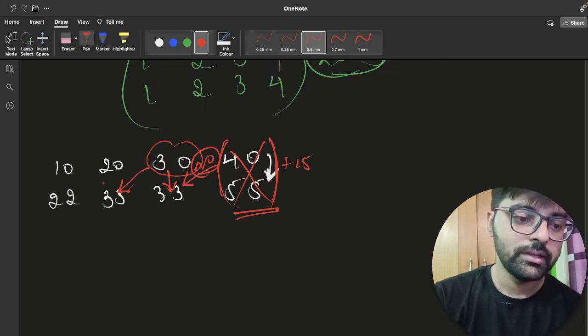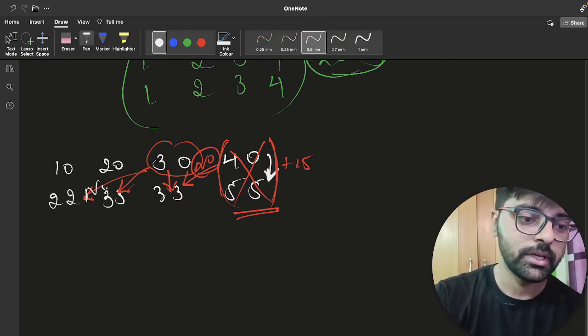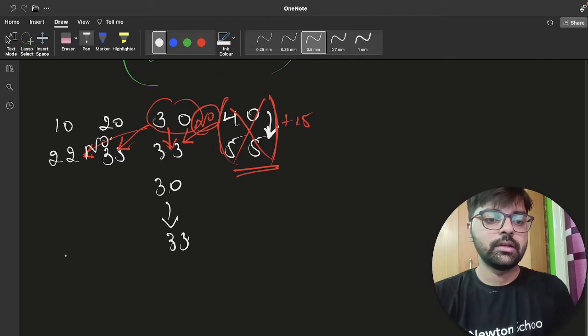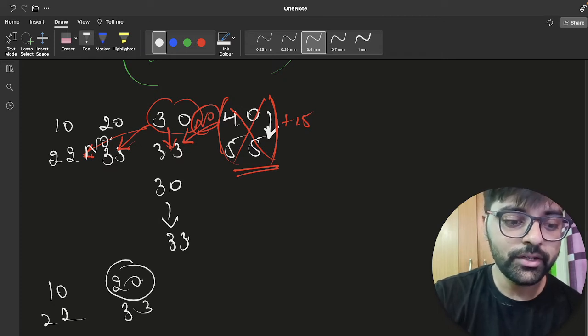So can we convert this 30 to 22? No. So we can convert 30 to 33. Now this is 10, 20 and 22, 33. Can we convert this 20 into 33 by adding 13?